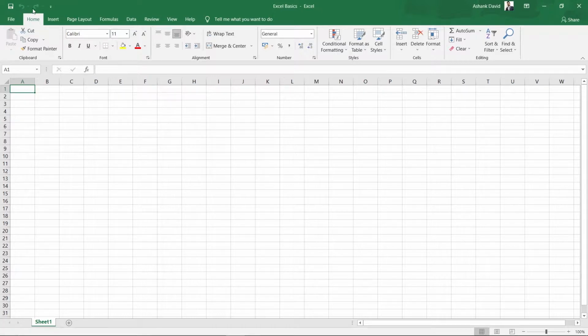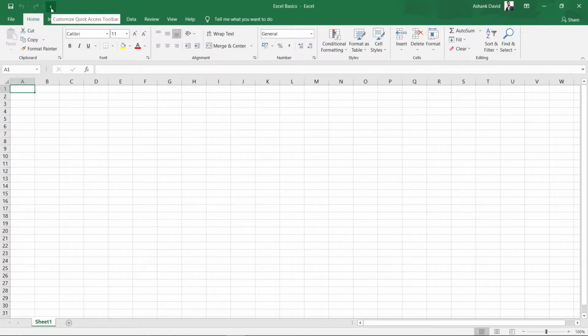Both the redo and the undo buttons contain drop down menus. If you click onto that particular drop down, let's say the drop down of your undo button, this will show you a list of different steps that you were doing. You can select the step that you want to jump to directly instead of clicking undo again and again. The same applies for the redo button as well. Right now I can't redo or undo because I have not done anything onto my worksheet yet.